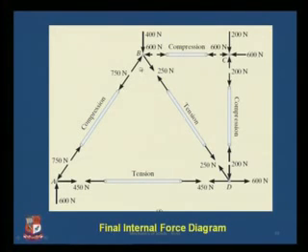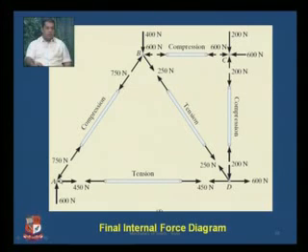That is, I am showing the components, that is the value of the forces as well as the direction of the forces. This is showing the direction which is compression for the member, and opposite to that is the application of that force on the joint. So this arrow is showing the stress in the member, and this arrow is showing the effect of that stress on the joint. So always remember that whatever is the effect in the member, the opposite effect is subjected onto the joint. That is, if I have compression here, I have an opposite force being applied here. If I have tension here, I have an opposite force being applied here.